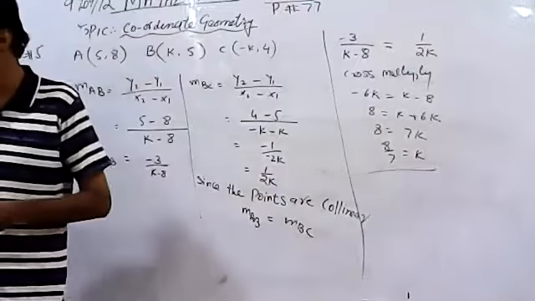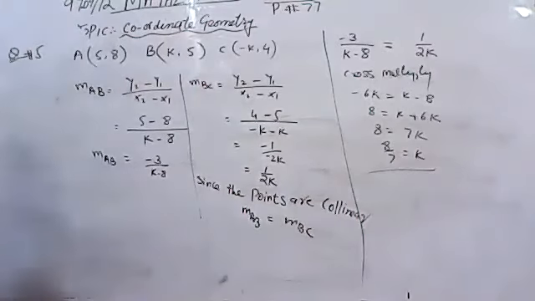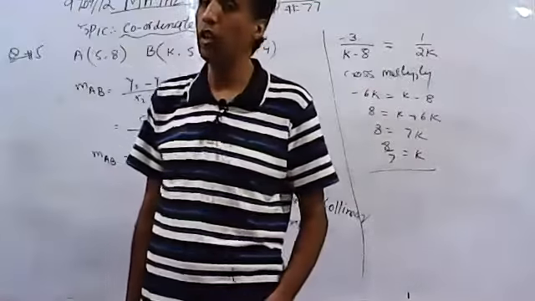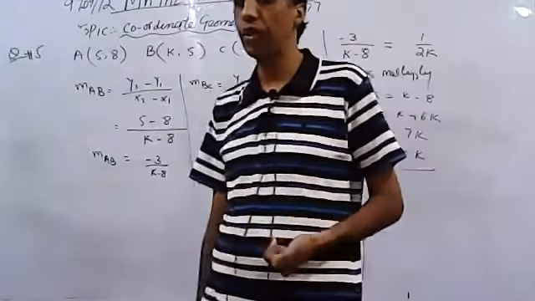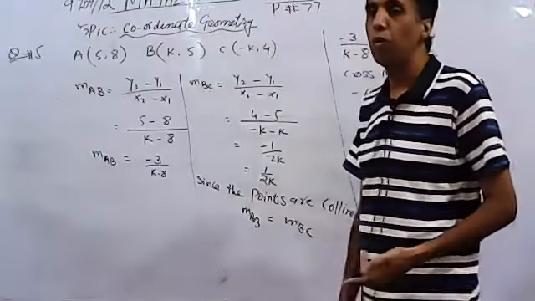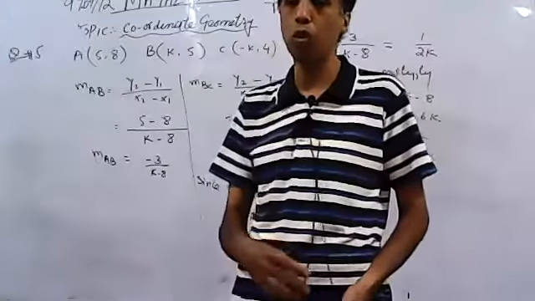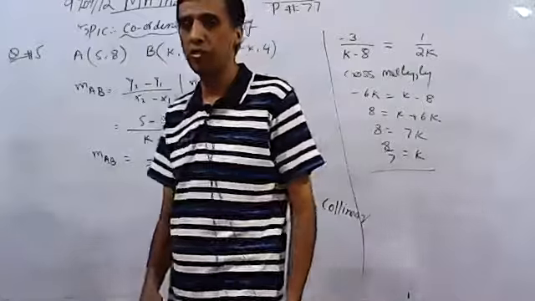You have an exercise of 3B. There are 11 questions. There are some questions I have done. Please try to attempt the rest of the questions. I will send you the worksheet today on Google Classroom. Those who do not have the book, you will find it over there. But try to attempt each and every question, and where you find a problem, before starting the new lecture tomorrow, you will have to tell me your problem. I will discuss first, then we will proceed to the next. Okay, Allah Hafiz.